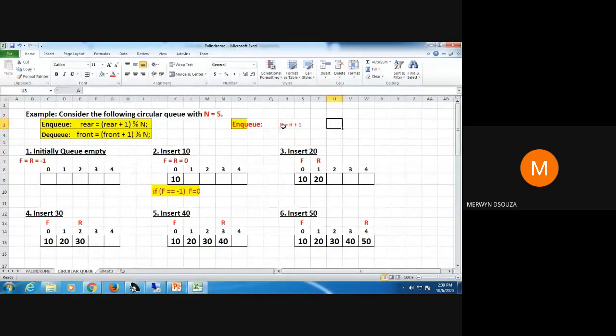In a normal queue, you would have just done dequeue like this, with front incremented by 1. That is what you do in your normal linear queue.